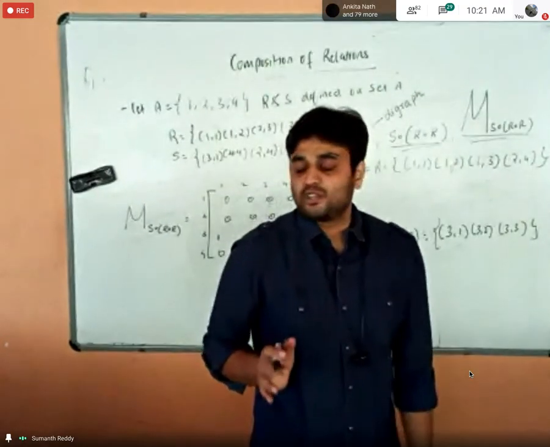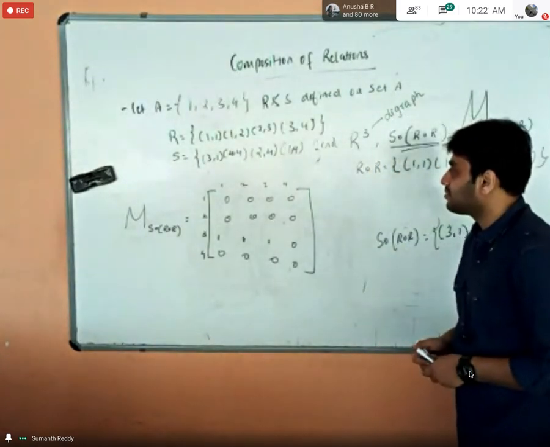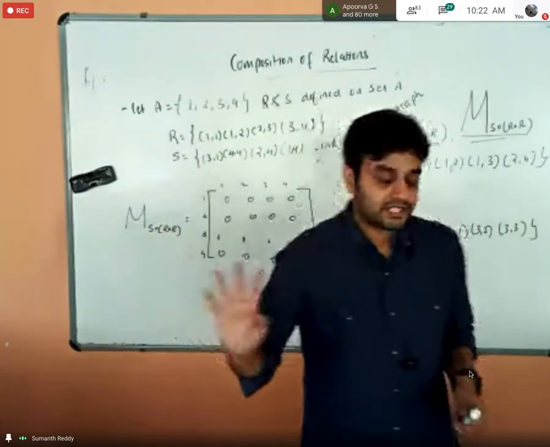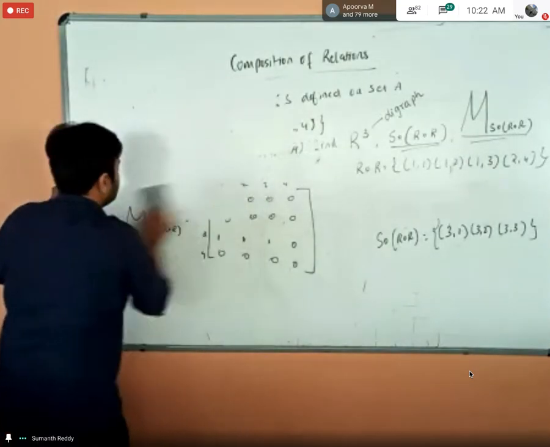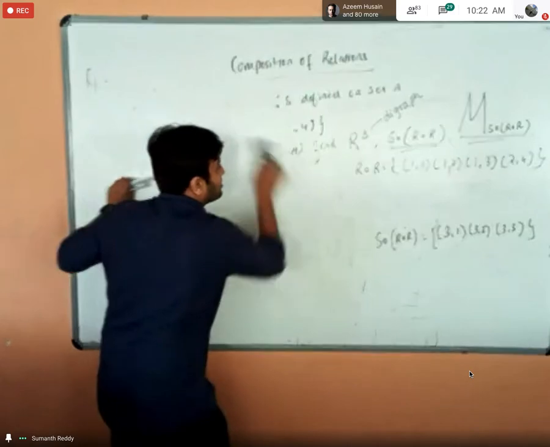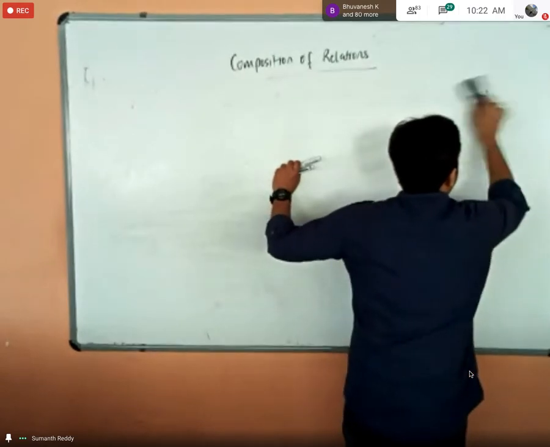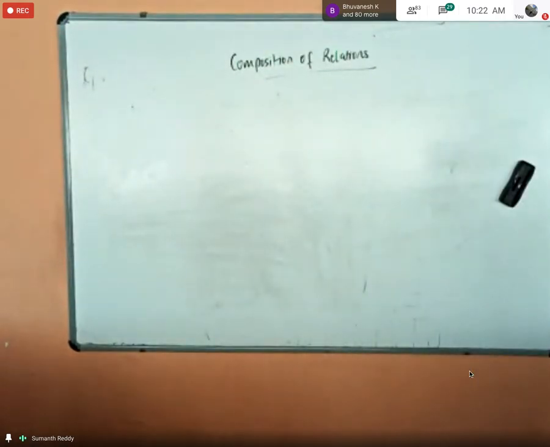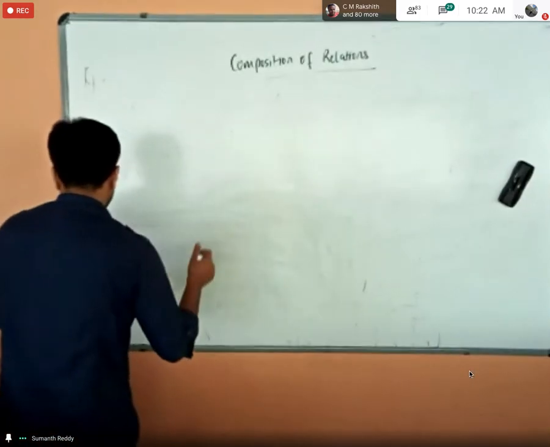So in the exam, if they ask you to represent the relation in the form of a matrix and digraph also, it should not be a problem for you because we have already solved problems on that. Fine. So that's it. And actually, there is one repeated question with respect to the matrix, which he used to ask in almost 1 out of every 2 question papers. I remember that problem. I'll just tell you what it is. This is the most repeated question.